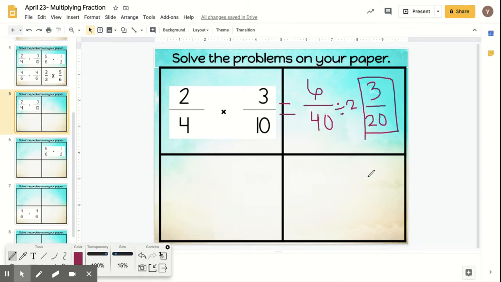So I want you to check your work. If you got 6/40, then you solved the problem correctly, you just forgot to simplify. If you did 3/20 as your final answer, then you simplified and got the correct answer. Very good. Okay. Now, our next problem that you had was